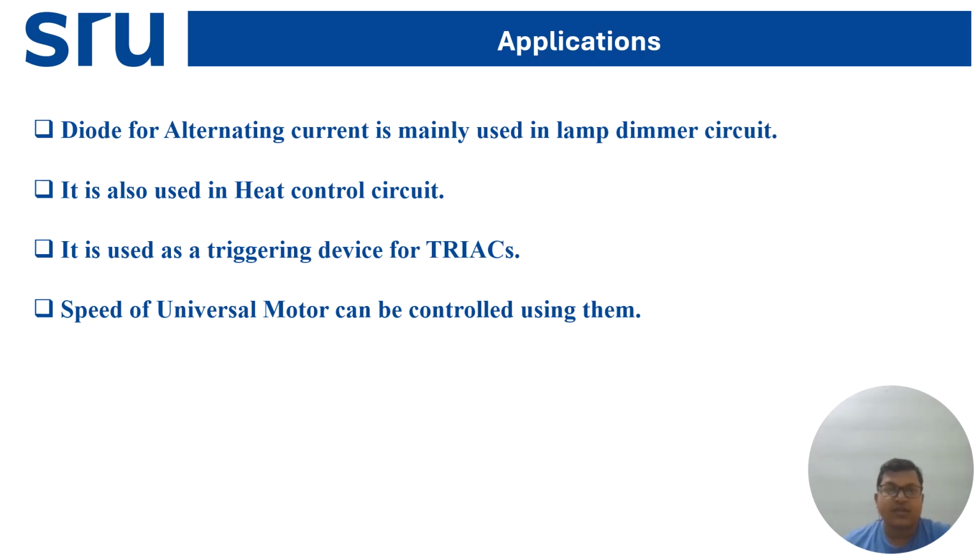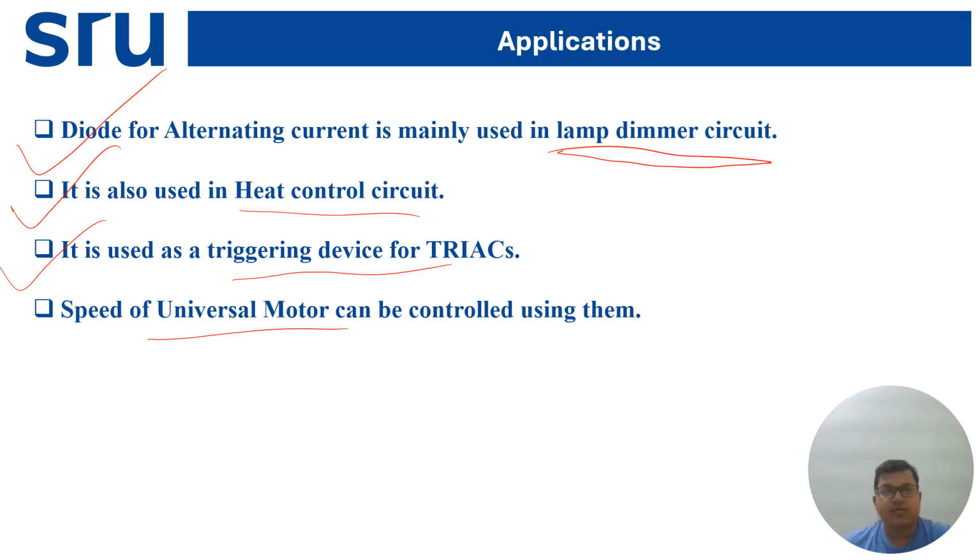Now we will see what the different applications of the DIAC are. So the diode for alternating current is mainly used in lamp dimmer circuits. Okay, it is also used in heat control circuits. It is used as a triggering device for the TRIAC. The speed of a universal motor can be controlled using this. So the applications are more or less in a similar domain as the TRIAC. Okay,